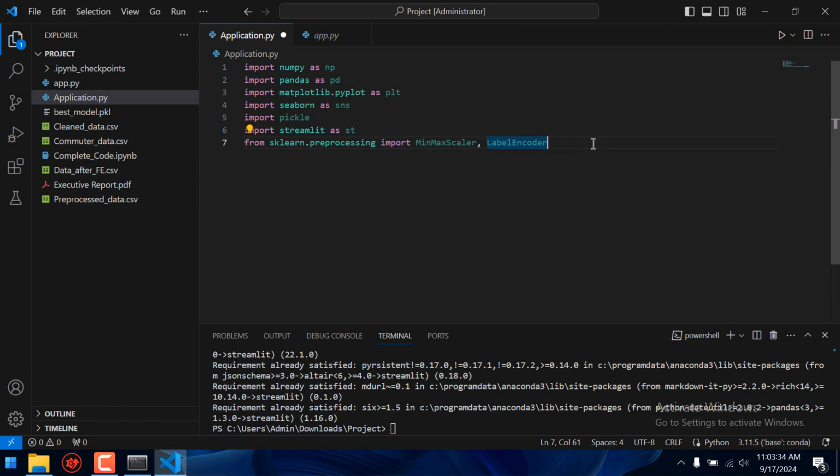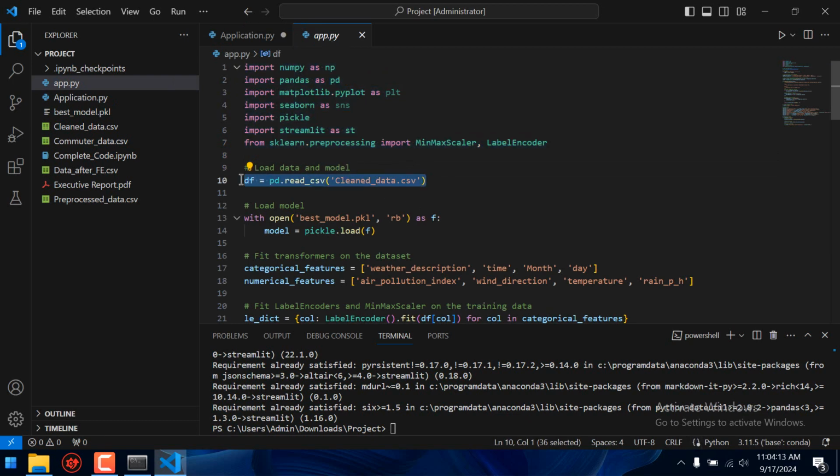I will use the new data. Now what will happen is that I have 7 or 8 columns, and the ninth one I will have to predict. But you know, in these 7 columns I have sometimes used the label encoder and sometimes the minmax scaler. And when I get the new data, meaning the data which I will use for the prediction, I will also apply these things on that data, because I have trained my model on data on which I applied these two things. So in short, on the new data which I will get, I will apply these two things. Now, after that, you need to upload the model.